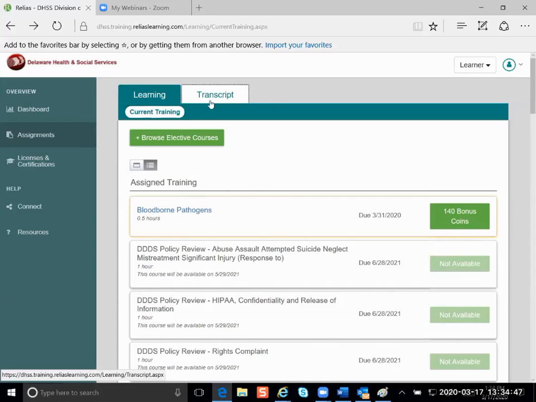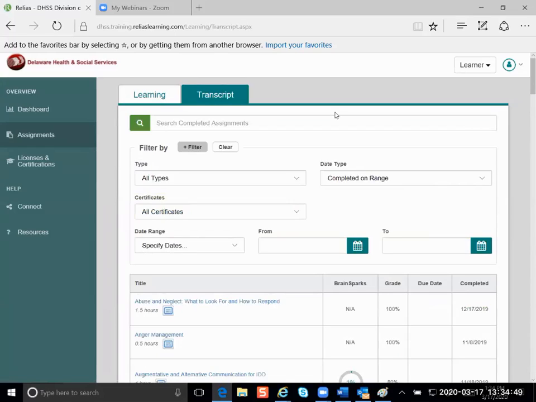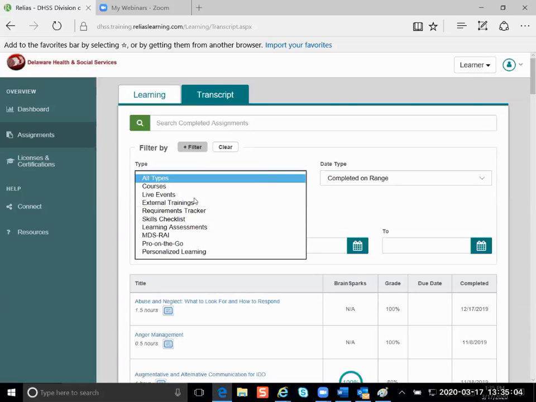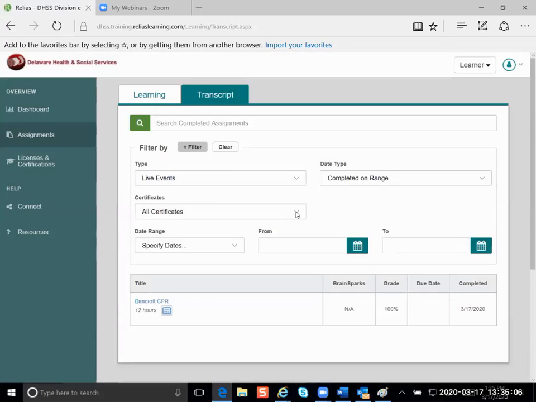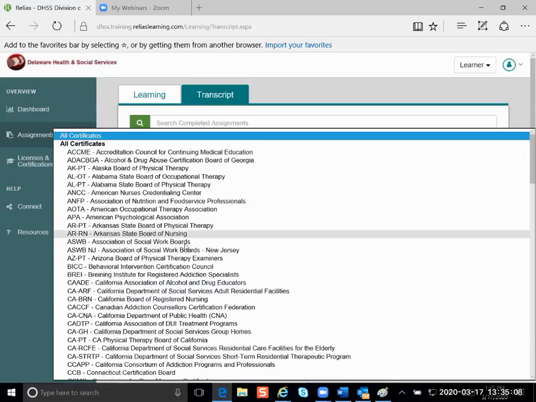But you can create your own live events as an organization, and you can enroll and complete your staff in those, and then it will be on their transcript. And then if anybody ever comes by and says, hey, I want to review all your training, then you can pull out your certificates or your